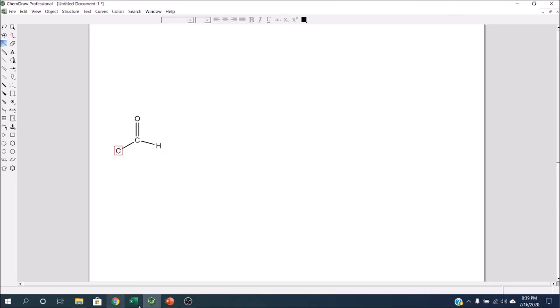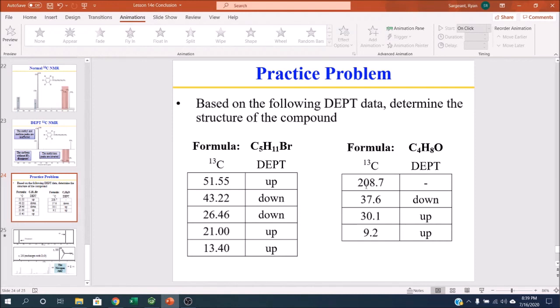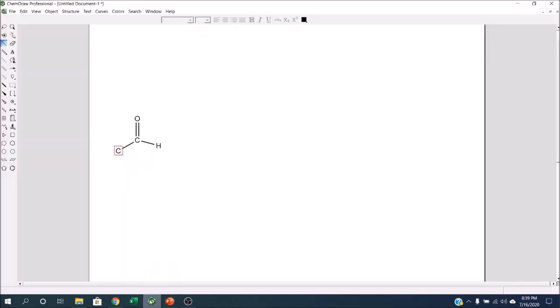So if you see a peak at 200, and it's going to be either an aldehyde or a ketone, then the DEPT experiment will tell you which of the two it is. If it has no hydrogens, then by definition it can't be an aldehyde. Therefore, my molecule has a ketone. And so it's got to be a carbon like this. So based on that one peak at 208 point something,